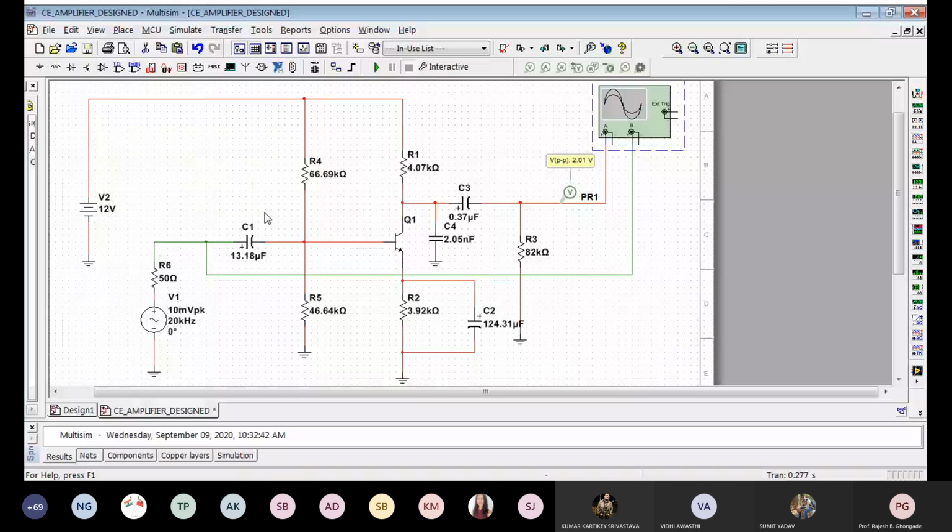Of course, at this point of time, I won't be discussing those too much. But see, R1 is a non-standard value, 4.07. R2 is a non-standard value. So all these values have to be converted into standard value formats. For example, here it will be about 3.9 kilo ohms. Here also 3.9 kilo ohms, which is a standard value. Probably here it is 47 kilo ohms, and here 68 kilo ohms, standard values. So that manipulation you have to do and see how the circuit is affected. We'll not go into those details.